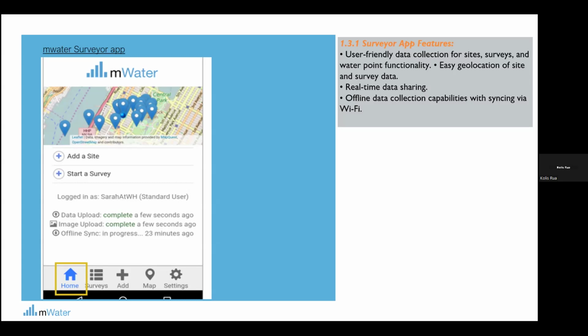Or you can also go through the add button and get the survey from there. The map is basically to show you, for example, if you are in a location and you want to find that specific house or community that you're working in, you click the map and it will bring up the